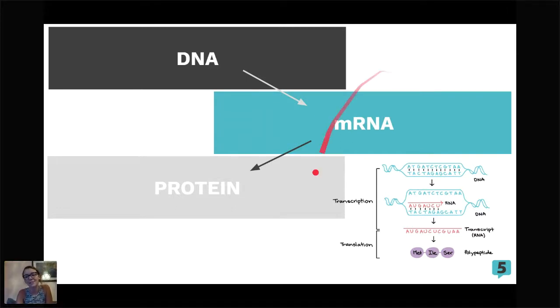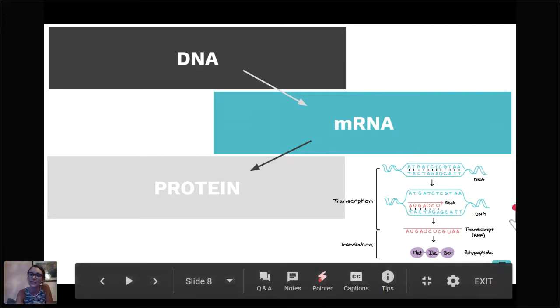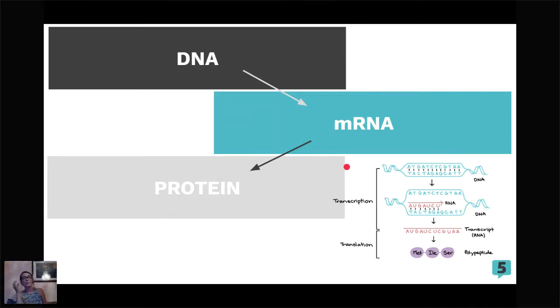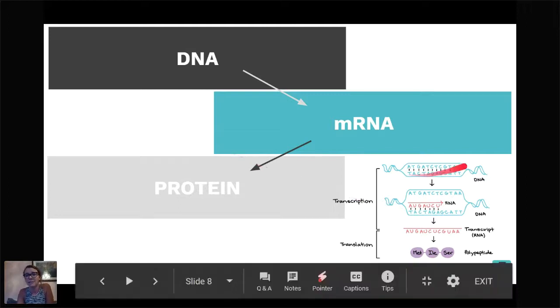But you can see a little diagram down here that just shows this, and it helps to make sense of what I was talking about in the previous slide with the fact that genes don't really do anything. It's the protein that the gene codes for that does the work for us. Proteins are the workers. Proteins are the coolest. They're the things that matter the most. So what you can see here is we have our DNA, and we're going to make a copy of it. And the copy that we make is going to be